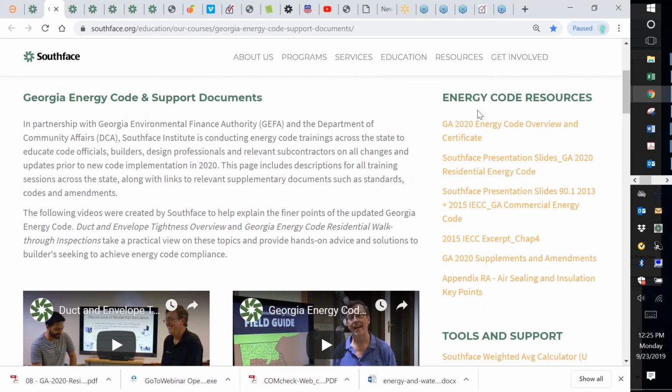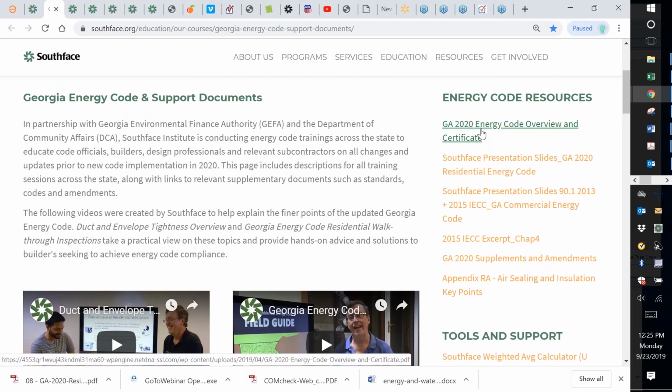Over here on the right side is where a lot of downloadable stuff is. There's an example of a one-page summary of the changes to the residential code. The other side of that has an example of the DCA's energy code certificate that might be getting slightly tweaked in the future, but that's coming up. All the slides for the residential code are right here, and all the slides for the commercial code are right